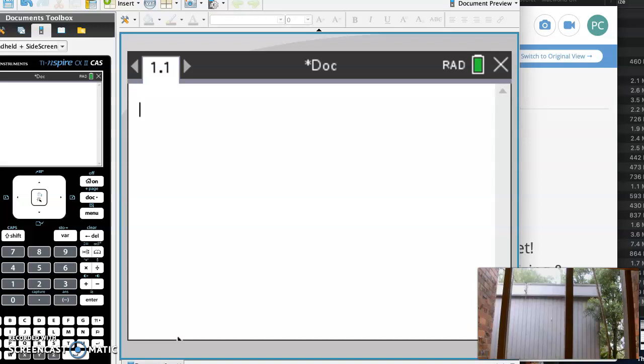I'm going to go through how to use your CAS calculator to draw and also define simultaneous equations. So let's say that we've got two equations, and our first one is y plus 2x equals 6. Now it's a bit hard to graph that because I don't have function 1 equals, which is what I need on my graph page. So what I can do is I can go to Menu,